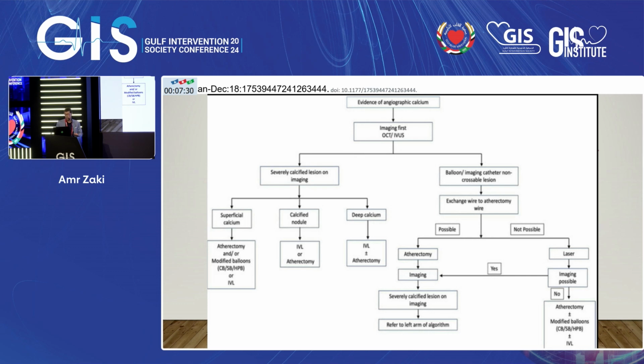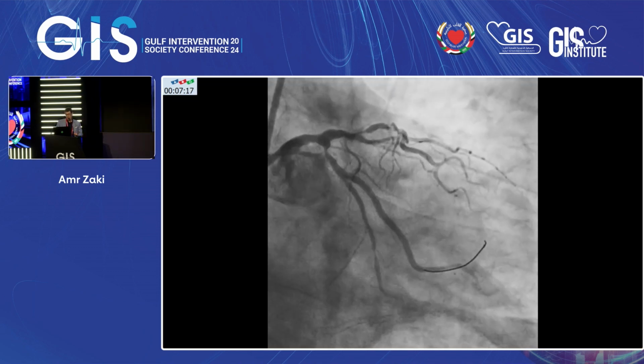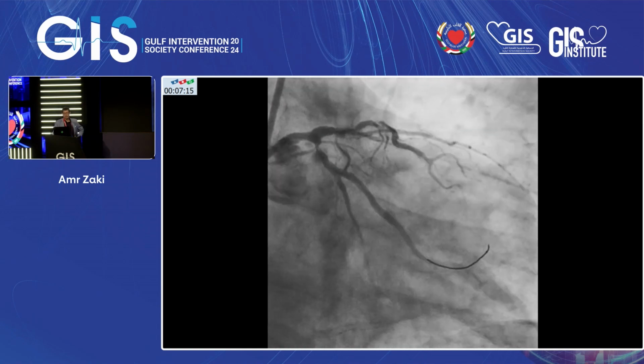If the balloon catheter cannot cross, you can exchange to an atherectomy wire. If this is possible, go with atherectomy, then imaging, and go on to the left. If not, go for laser. So I started here with the